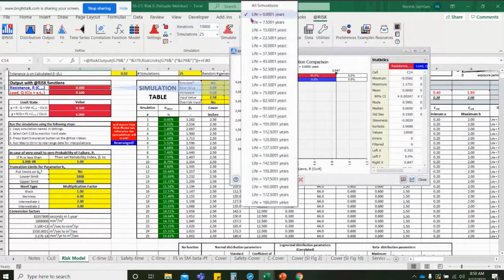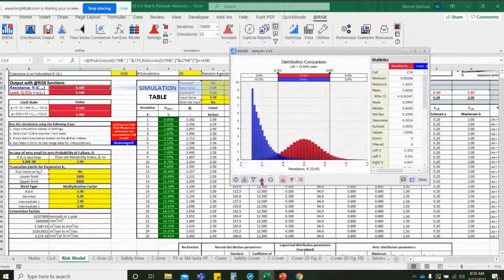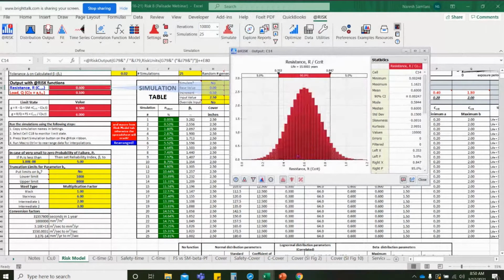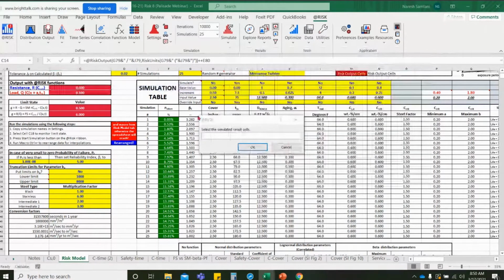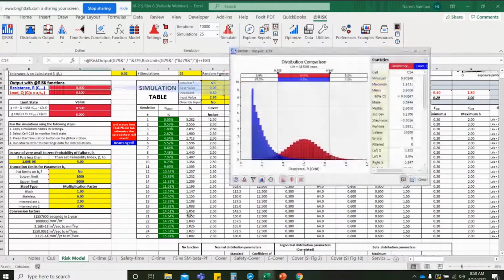I want to run the simulation. I run it up till 180 years in 7.5 year increments. Let's see at 15 years what happens. Okay, let me do one thing right now, clear over. This is the distribution of the resistance. Okay, this is for the steel component of it. Now the corrosive component of it creates a load on the steel. So I want to see how that load is at 15 years. So I'm going to go and overlay on there the load and see what I get here.